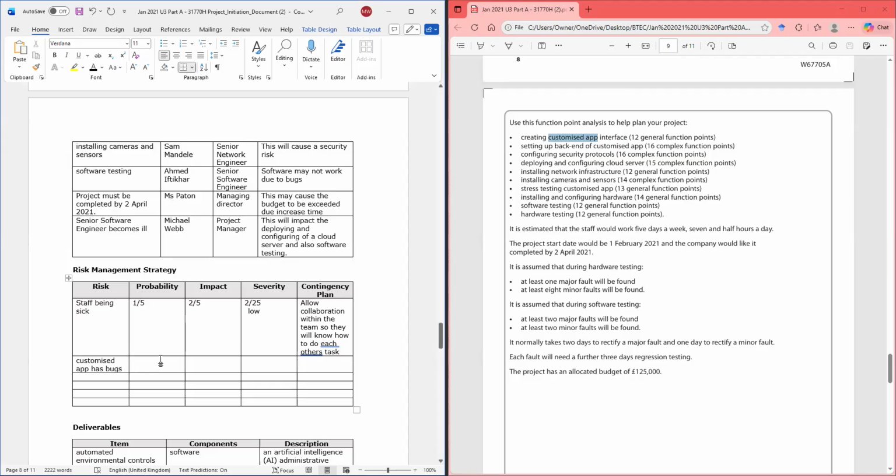right? Chance of that happening is, I'm going to say 1, because I think I'm a good project manager and I pick the best team. And the impact on this would be probably 4, right? Because if we have bugs, we're going to have issues with the project. So 1 times 4 is going to be 4, right? And 5 times 5 is 25, right? Still low. And what do I do?